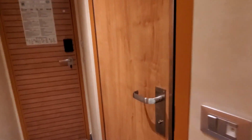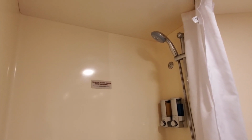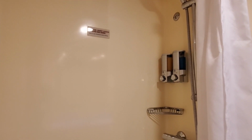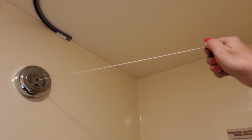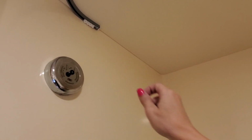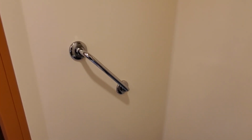Now let's go check out the bathroom. So this is what the shower looks like. Very nice. And it also comes with body wash as well as shampoo and a shelf for you to put your toiletries on. There's also a clothesline here as well, so you can hang up all your wet bathing suits or t-shirts too. They also have a handle here to hold on to, just in case you're in the shower